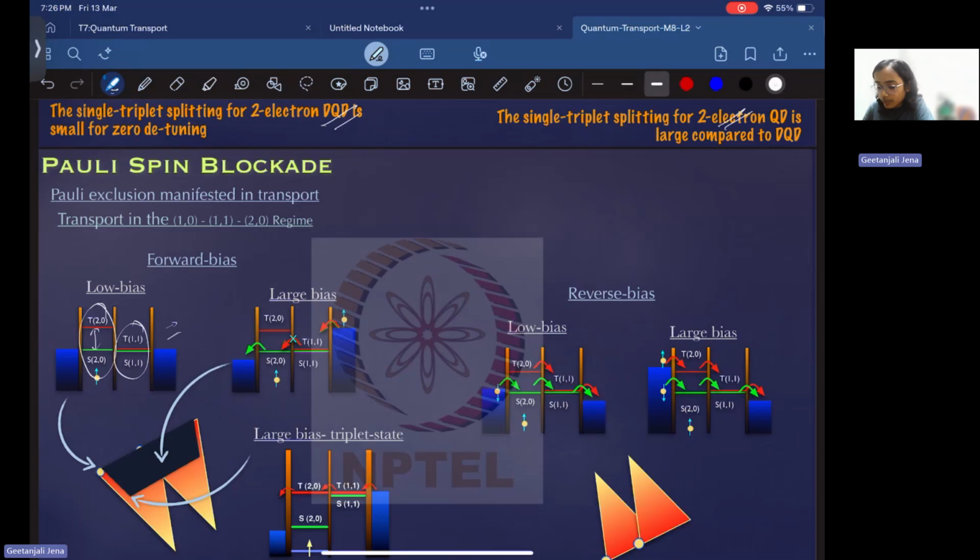So that is why the splitting between this singlet and triplet state is less. And we are considering a situation where there is already a spin of an electron on the left side. Now we are adding an electron to this system. So that means if we add an electron, then